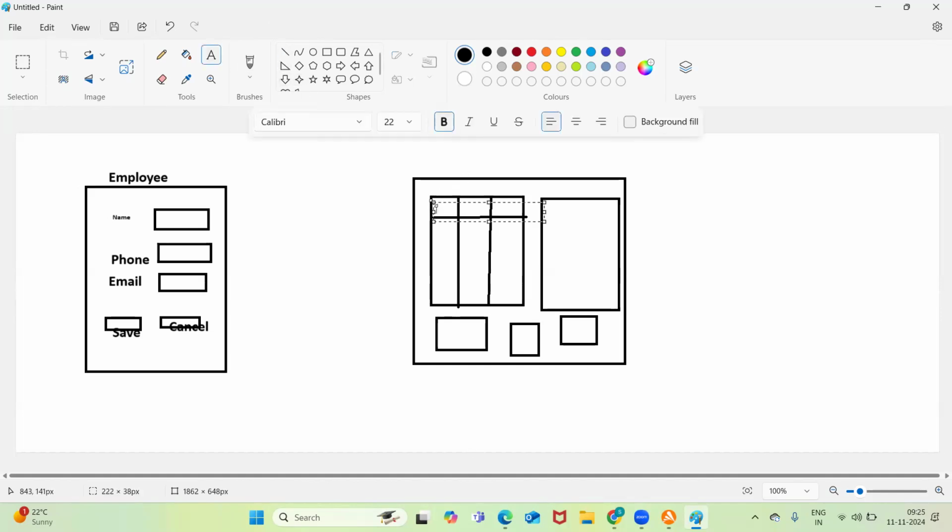Here I'm adding a name. This is phone number. And the third column is email. Like these are the three things. Whatever information, name, phone, email we are providing here, and click on save button,